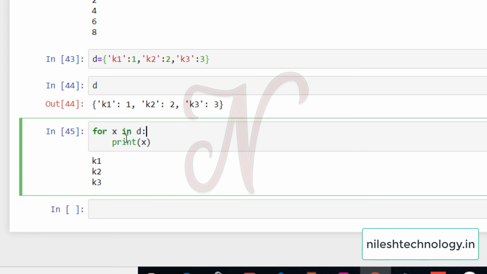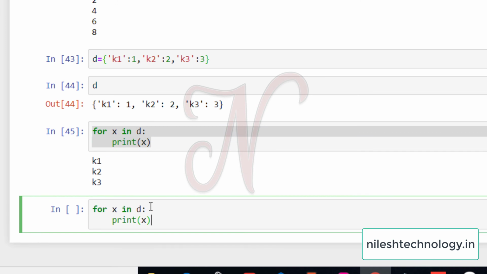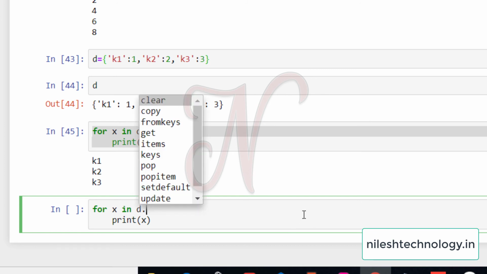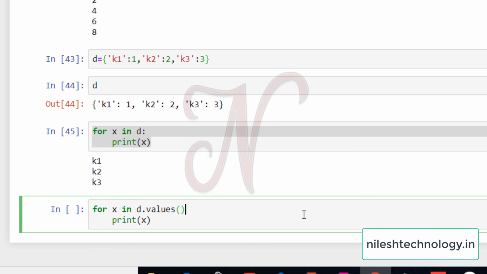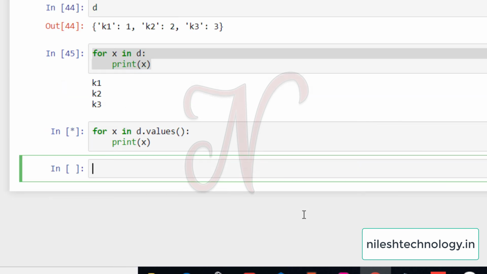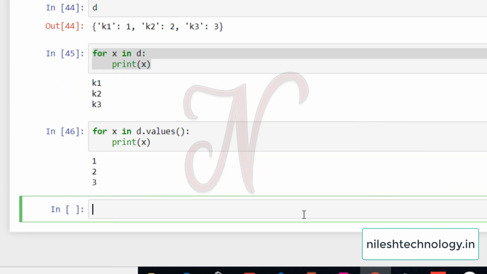Okay, see here, again copy paste this code. See here, d dot, and if you press the tab button, these are some built-in functions. So when you use the values function, then colon, shift enter, see here 1 2 3 values are printed by using this values function.